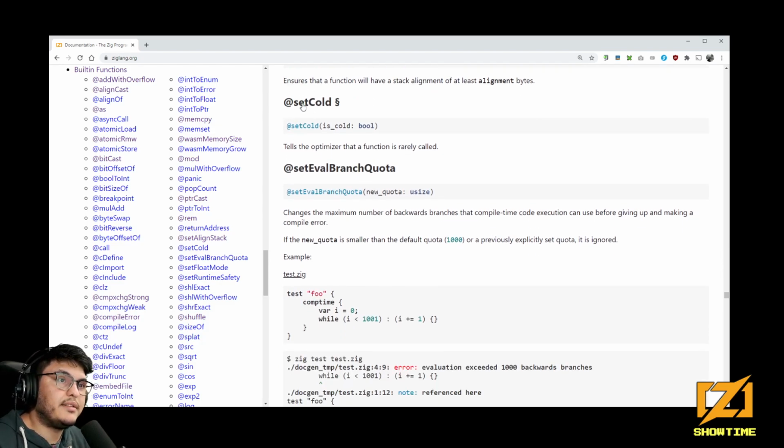Set cold, this I think is easier to understand, tells the optimizer that a function is rarely called. So how does this work? Again, I have no idea how this works precisely, but my uneducated guess is that function calls compete for space on the registers, which is the preferred part of memory rather than the stack, right, to put arguments, for example, and stuff. And by saying that a particular function is not called very often, it makes the optimizer strategize better about where to put each argument